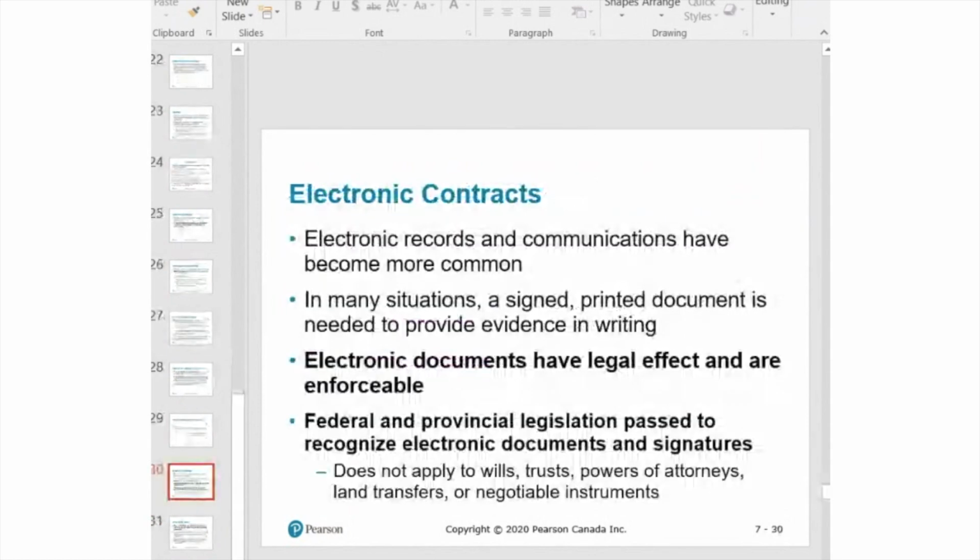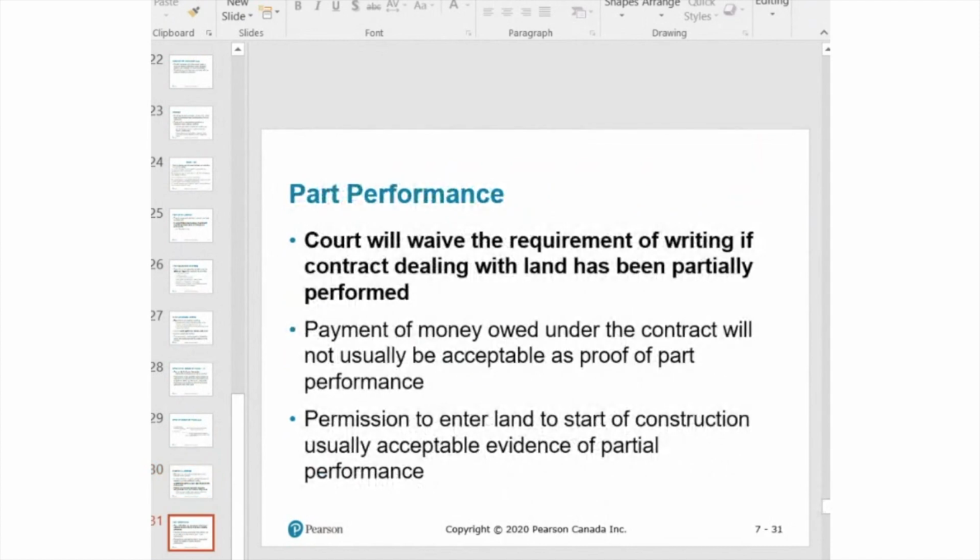One last thing, electronic contracts. This is just straightforward. They are valid, they are legal, and we have been using them a lot nowadays. So one last thing is part performance. What does this mean? This means a contract that should be in writing, such as the transfer of land or longer than 1 year, as I just said, if they are not in writing,